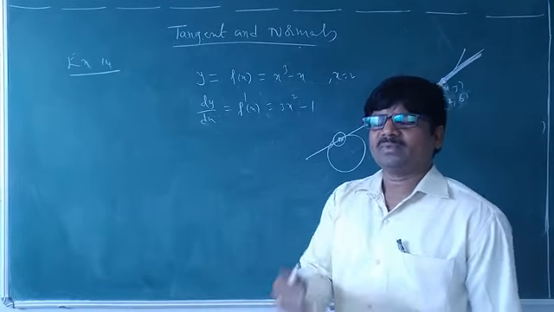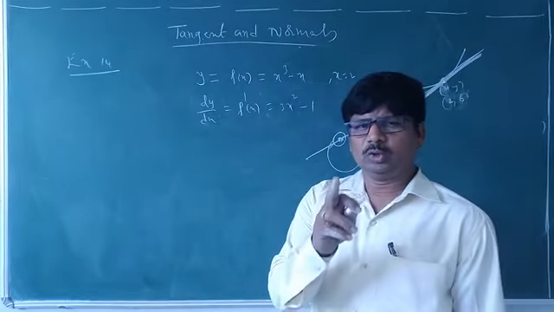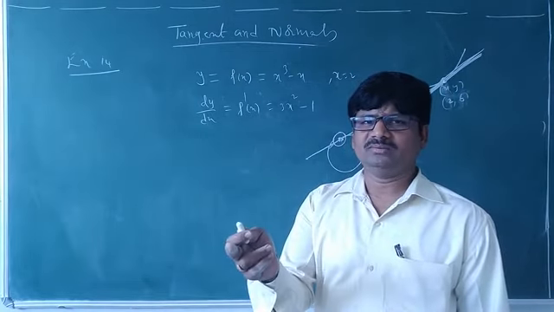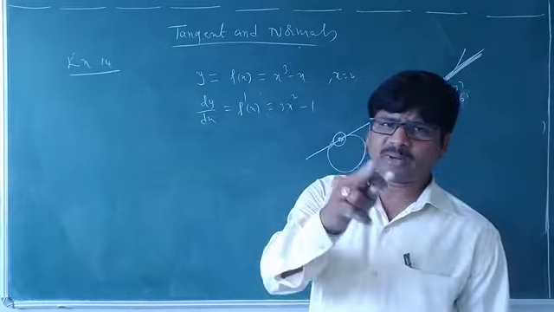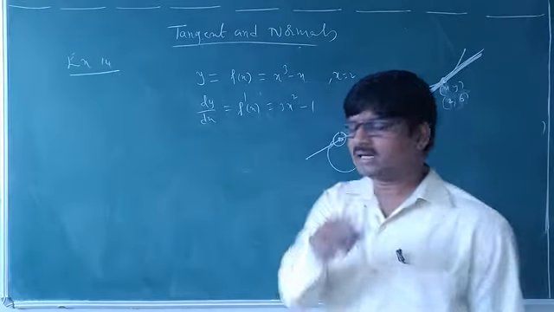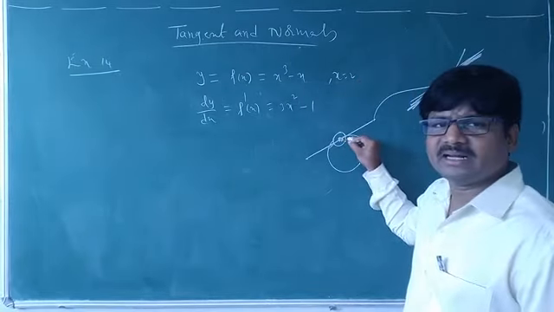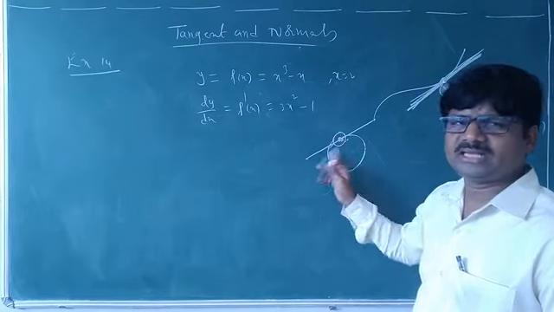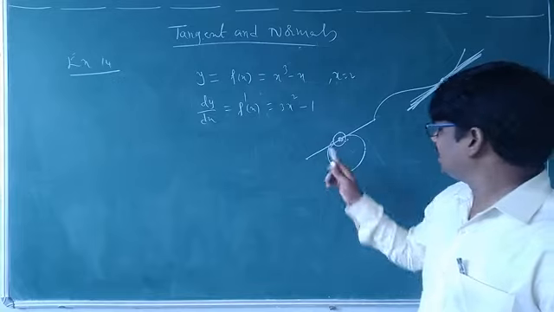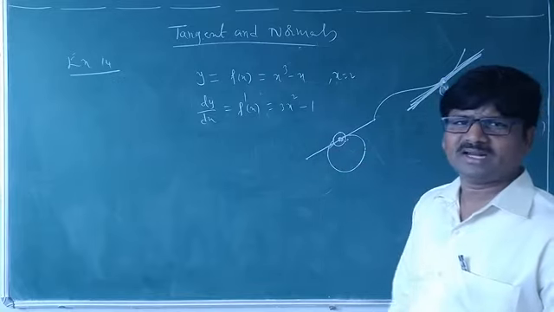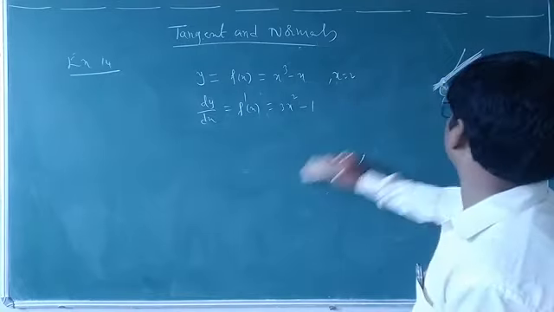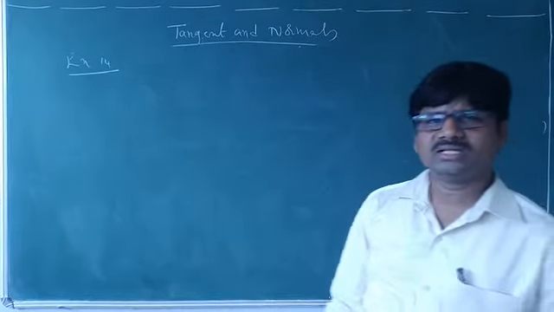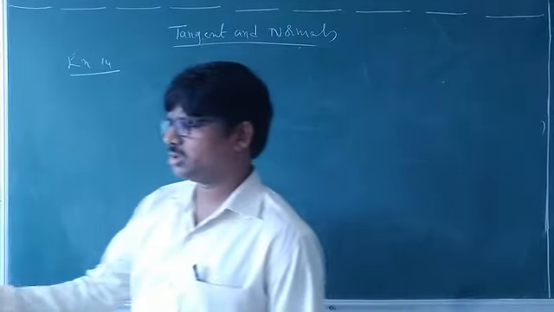Okay. That means, to find the slope of a tangent of a curve, some particular point will be given. At that particular point only, we will find the slope of this tangent, and we will find the equation of the tangent at that point. Clear? Always remember, the slope of a tangent of the given curve means you will get one constant value, maybe positive.